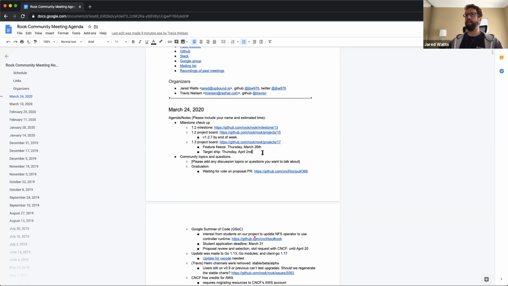Sounds good then. So that's everything, I believe, for the upcoming releases and milestones. So we can move on to the community topics. Quick update on graduation. Everything in our hands, we believe, has been completed, and we confirmed that with Amy, one of our CNCF representatives there. So the next and final step that we believe will be left for us is for our TOC sponsor, our Technical Oversight Committee sponsor, Saad Ali, to call an official vote on the TOC mailing list and have the formal vote happen there.